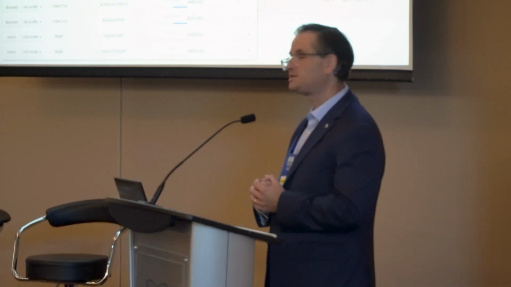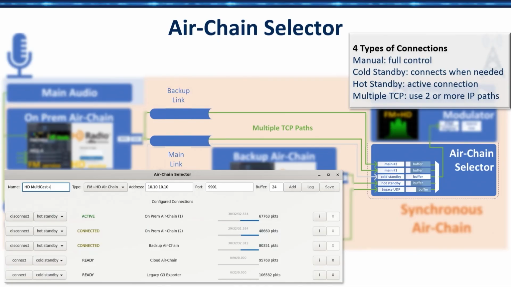Then we introduce a hot standby, where you're already connected, the buffer is full, and you can just switch over. And we've got a special alignment mechanism where we can minimize your HD downtime to about 3 to 5 seconds. And multiple TCP: if you have two IP addresses associated with your AirChain, we can use both of them. And if one of those goes, and through routing, you can set it to different STLs. So if the entire STL goes down, it's a hitless change to the other one. No impact to the broadcast. So that's the last one we're looking at here.